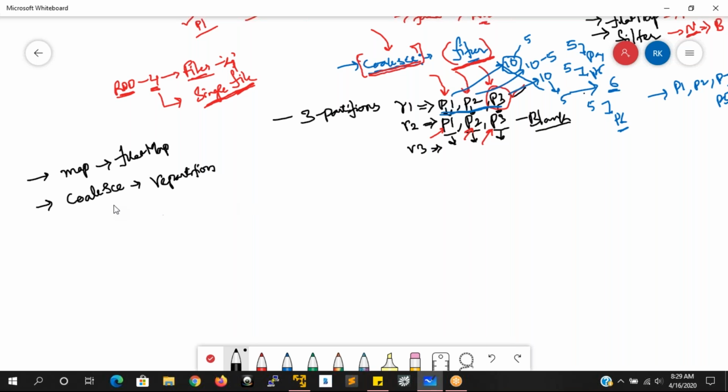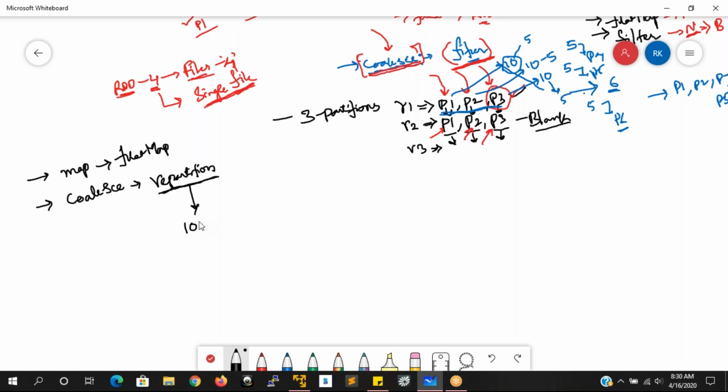Coalesce and repartition. Coalesce is to decrease the number of partitions. Repartition is going to increase the number of partitions, but the data is going to be reshuffled again and balanced across the partitions of that RDD into the number of partitions we define in the repartition. Coalesce decreases the number of partitions so as not to assign any core processors to work on the blank partitions. Repartition is very successful. We make use of it whenever we are working with a large amount of data.